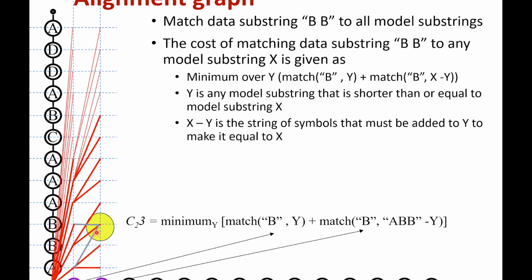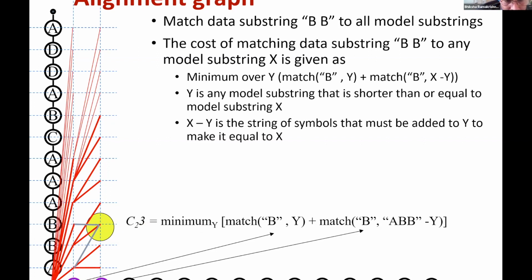Yes, I see that. And so if I want to find the cost of aligning BB to ABB, I'm going to pick the lowest of the 3. I have 3 ways of doing it. It's the cost here, plus the cost of aligning this B to this extra BB, which is this edge. The cost here, plus the cost of this edge, which is the cost of aligning this B to the final B. Or the cost here, plus the cost of letting this B hang, which is this horizontal edge. There are 3 different costs. I'm going to pick the lowest one,